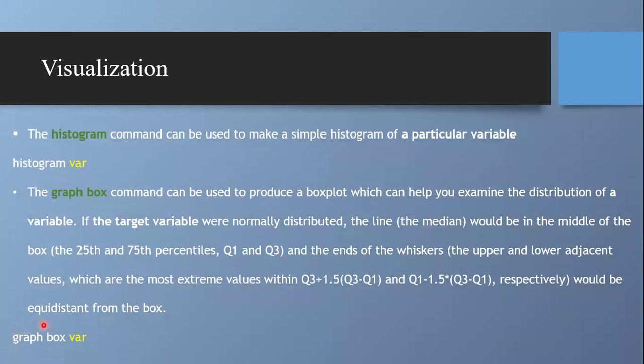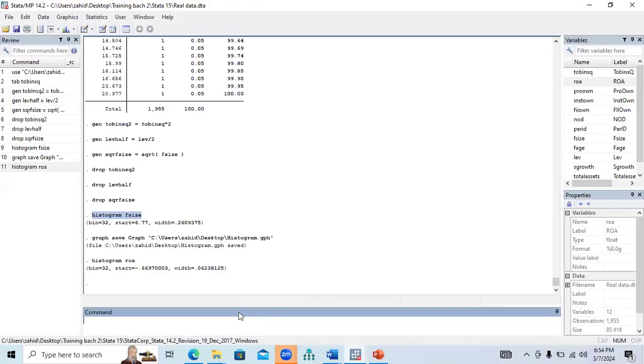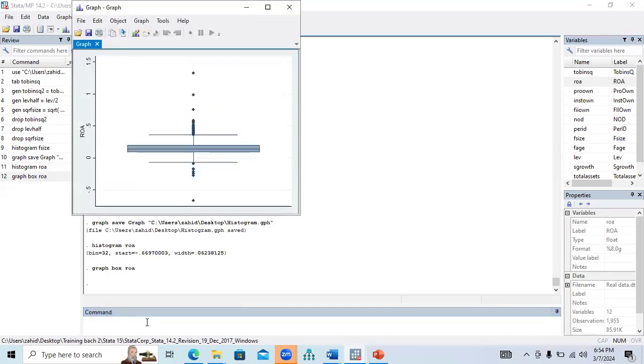So the command is basically graph box and then the variable name. So you need to put graph box and then variable name. This is the command. So I would write here graph box and then I need to put variable name. So let's suppose I would like to graph box ROA. I just need to click here from this sign ROA and just need to enter,